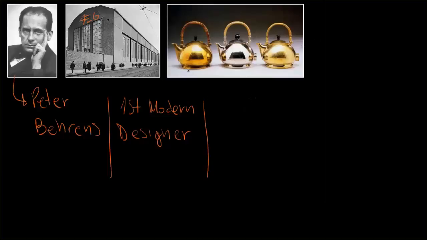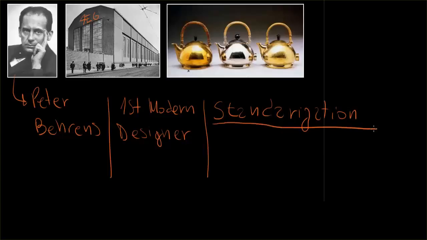And in terms of design thinking, or the theory of design, he was for standardization. And this was the main battle going on in the Deutsche Werkbund: those who were for standardization and those who were for the individuality of the artist. And indeed, standardization in terms of industrial design means designing for the industry and designing for sharing common parts and using alternatives to create new products. It's basically design for the industry